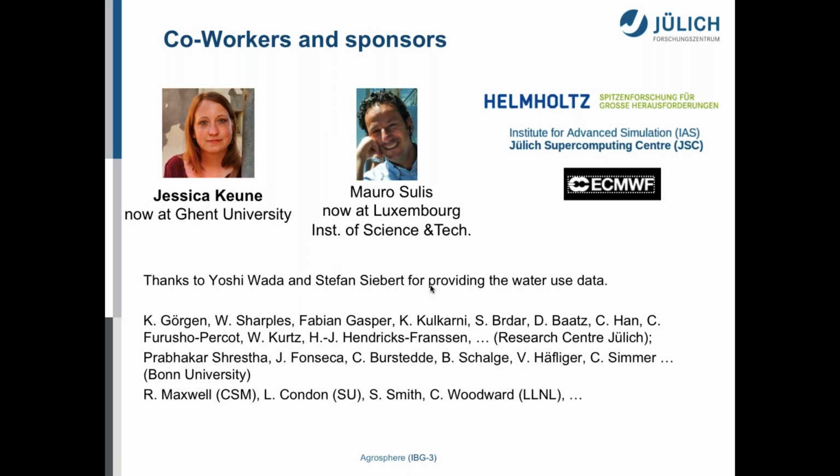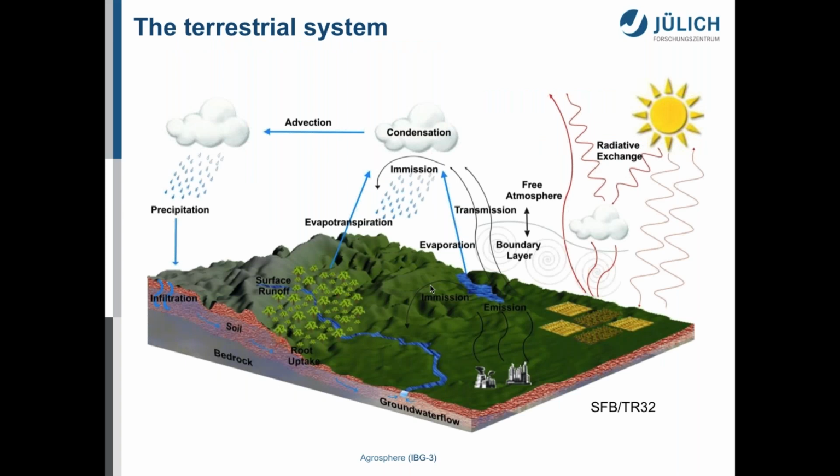Okay, so next slide here. This is a cartoon of the terrestrial system, really from groundwater across the land surface into the atmosphere. This is a system we are trying to deal with. And this cartoon depicts, or tries to depict, some of the major processes. So we have infiltration from the land surface, reaching at one point maybe the water table and becoming groundwater recharge. We have base flow towards the major river systems. We have groundwater surface water interaction here.